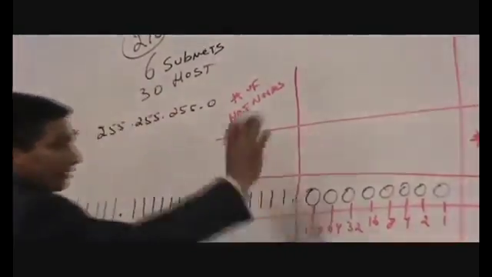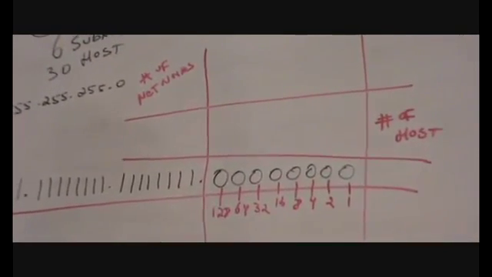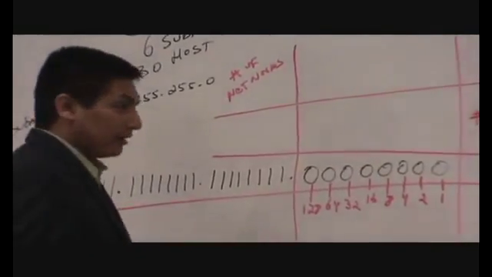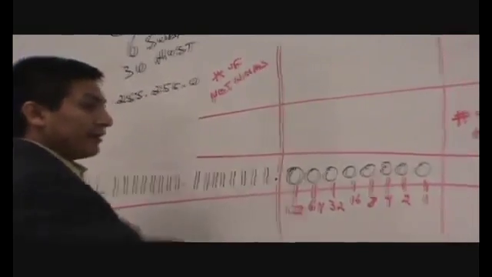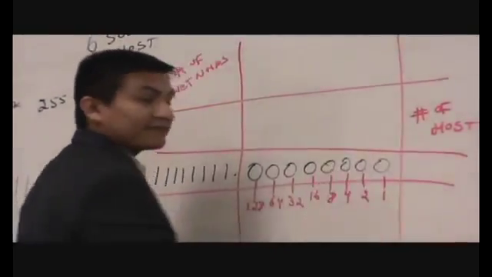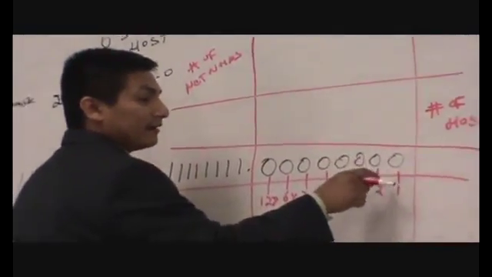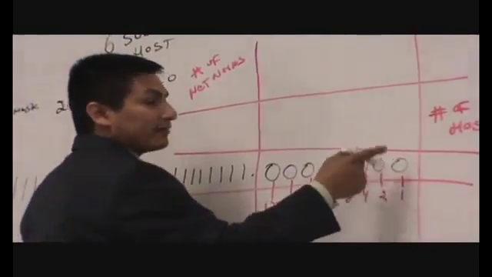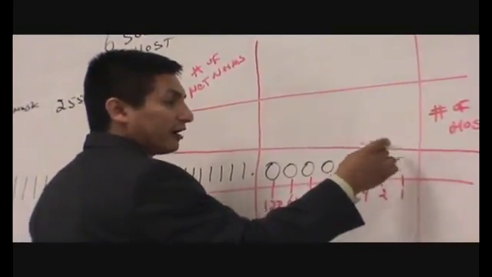You're gonna do this formula. This is how you're gonna start the formula for every subnet that you're going to create, whether it's a class A, or a class B, or a class C IP address, all right? And then we're gonna write some numbers here. These numbers are formulas. They're not value positions for these numbers, but rather a formula that we're going to use to figure out how many hosts